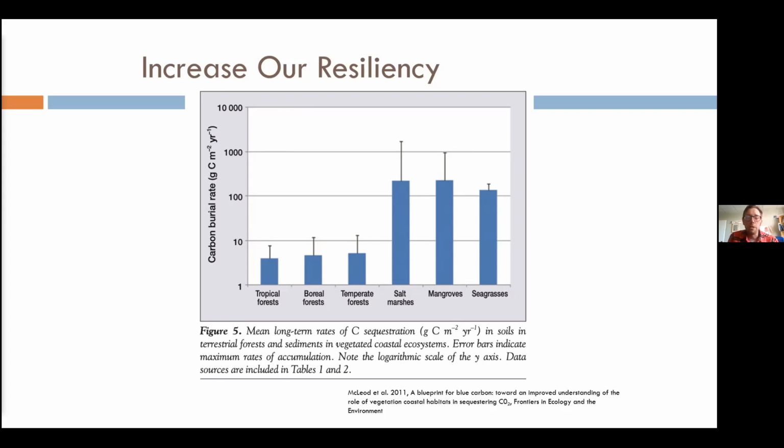So salt marsh there is in the middle. And it's a logarithmic scale on the left. So they're very efficient at locking away the sediment and the dead plants and animals and the carbon that is associated with those materials in the marsh as the marsh rises year by year with inputs to it from plants and animals and from sediment coming down from freshwater streams and coming in from the tide.